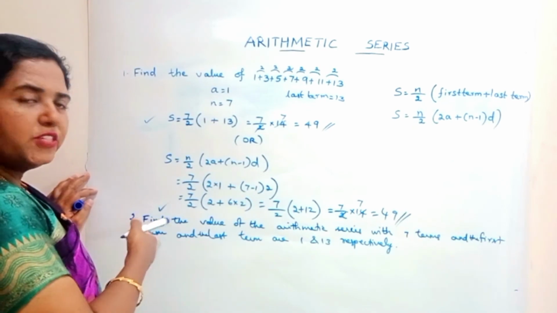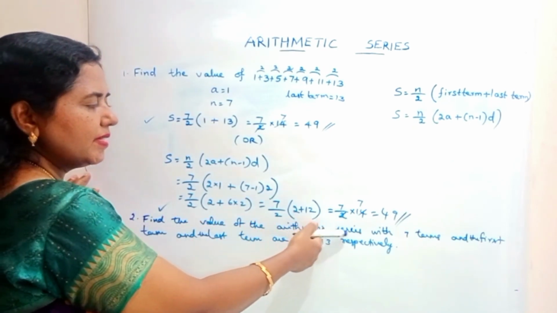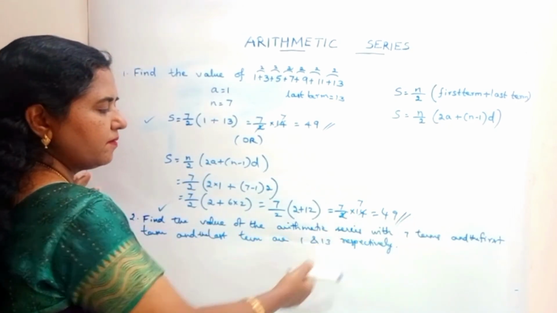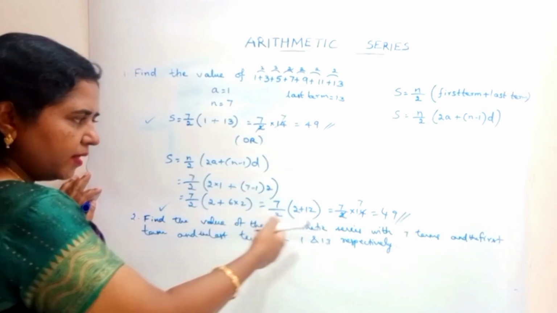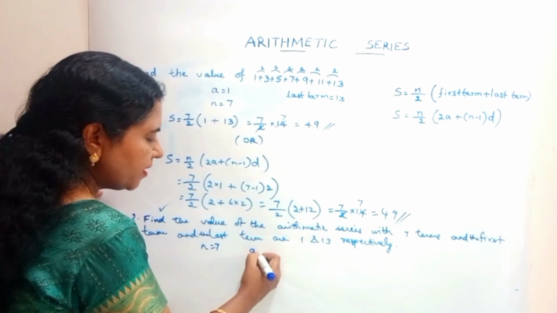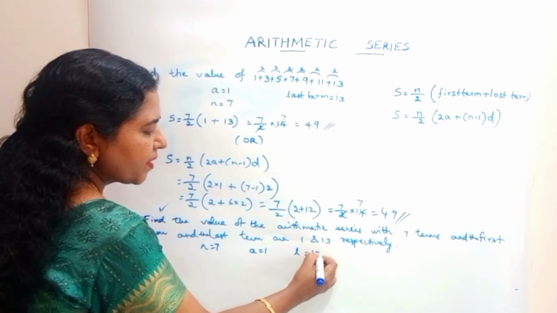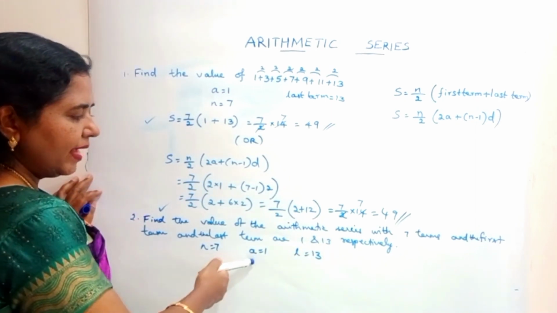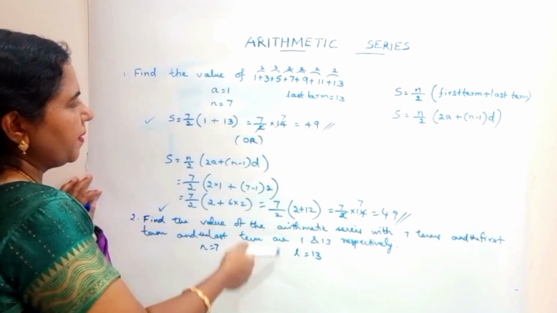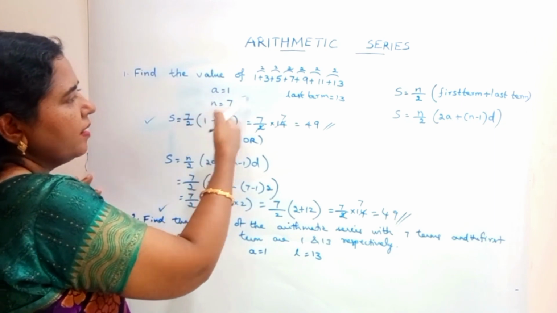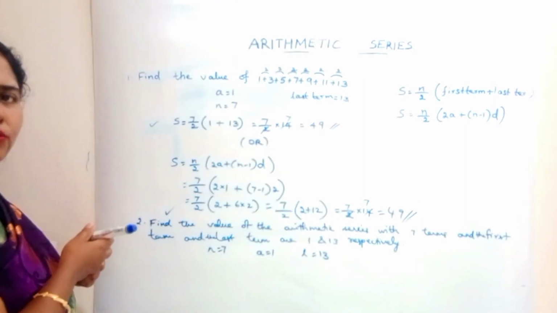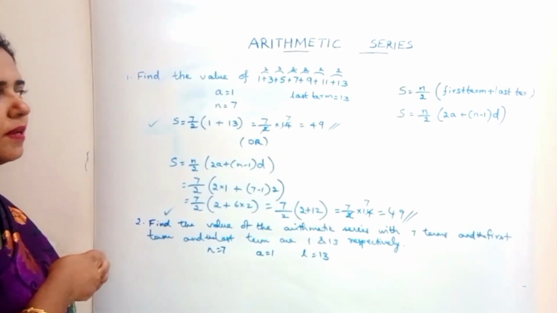Okay, now if the question is: find the value of the arithmetic series with 7 terms, where the first term and the last term are 1 and 13 respectively, we can see how to solve. So here the number of terms is given as 7. So n is equal to 7. The first term is a equal to 1 and the last term is 13. So the values of n, a and l are known. So we can proceed in this way. The same thing should be repeated. Here we have the values of a, n and l, and we have proceeded. We have to do the same thing here. So in this way, according to the question, we can select the formula and bring out the answer easily.